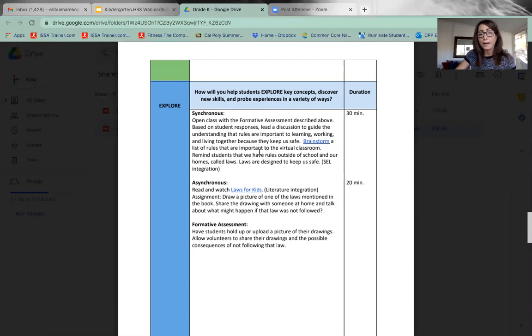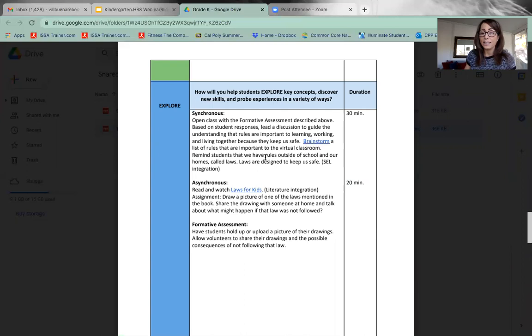And then as a class together on your Zoom meeting or on your Google Meet, or however you're meeting with your students for virtual class time, at synchronous time, you can brainstorm a list of rules that they might have for their classroom. Now, if you have already done this, because it's happened already earlier in the year, put those rules back up and take a look at them, because this is the idea that we want to revise